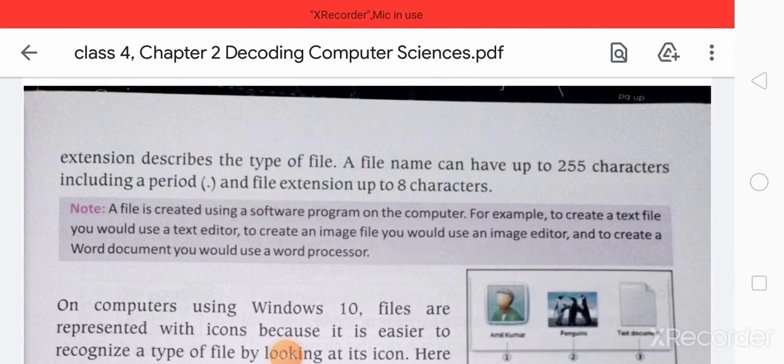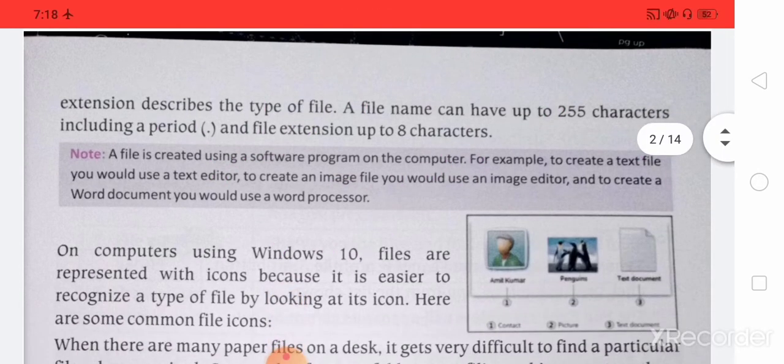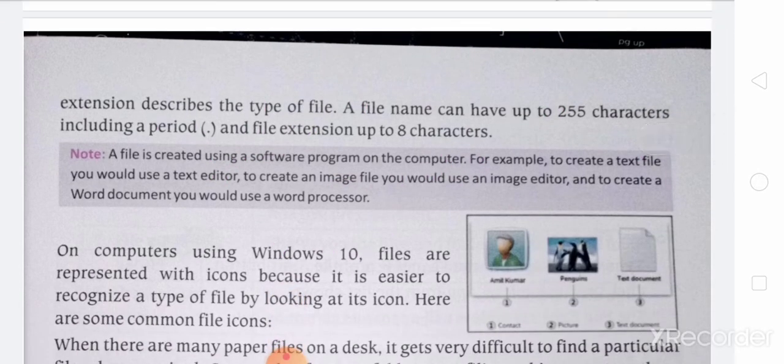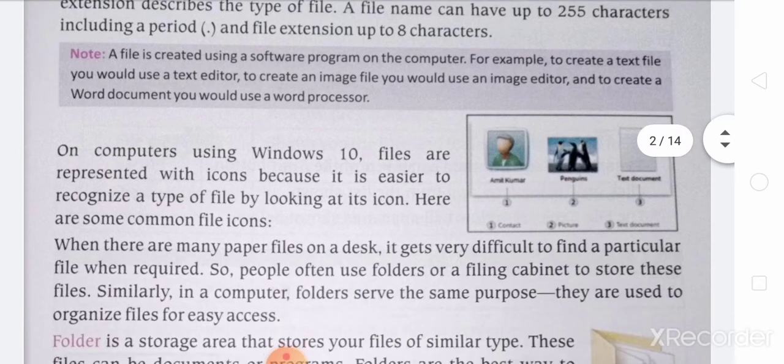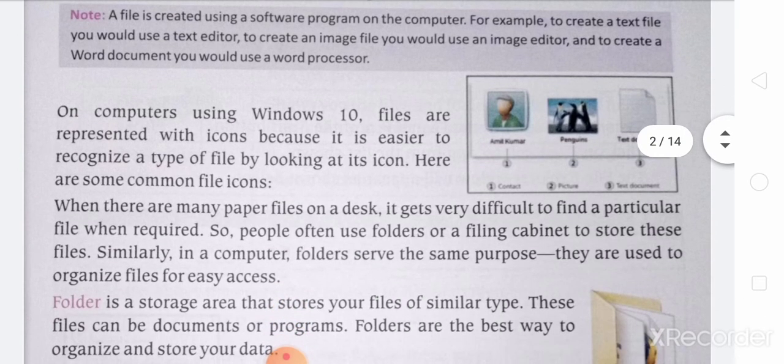And to create a word document you would use a word processor. On computers using Windows 10, files are represented with icons because it is easier to recognize a type of file by looking at its icon.